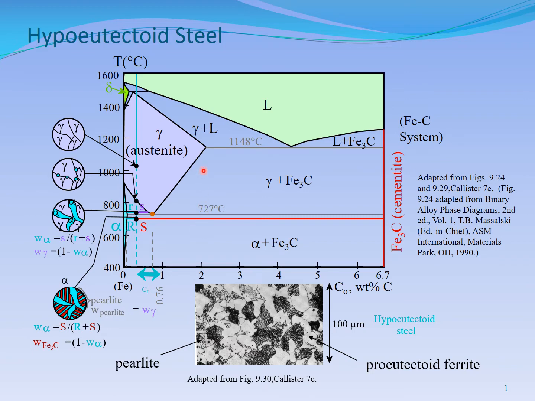So pro-eutectoid, right? That is before reaching eutectoid. So all this alpha is pro-eutectoid alpha, and the alpha after this is eutectoid alpha. So the blue sections are all pro-eutectoid alpha, and in the red, this is eutectoid alpha and eutectoid cementite. And under the microscope now it looks like this, right? This was done earlier, but I have explained it in a little more detail because we are revising the earlier course again.